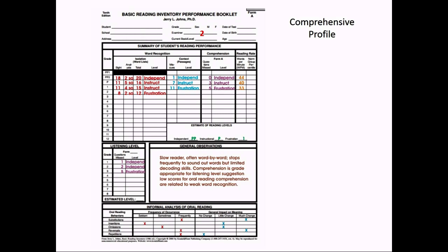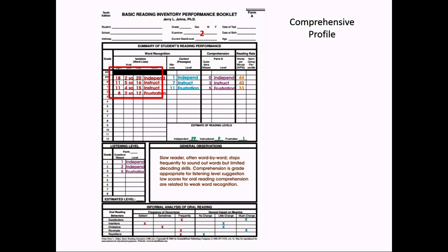So the current reading level of the child was second grade, and you can see in that first area that the child had read 18 of the 20 words. 2 of them were sounded out, and so that placed the child at the independent level. Gave the child a total of 20 words because the sounded out words were counted as correct, and that's considered